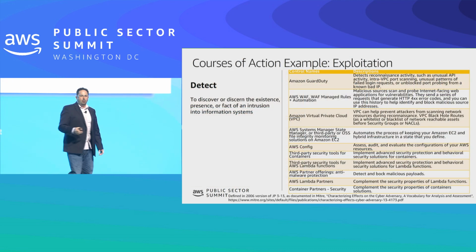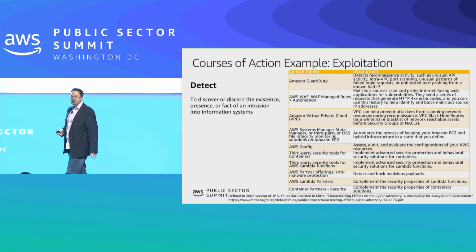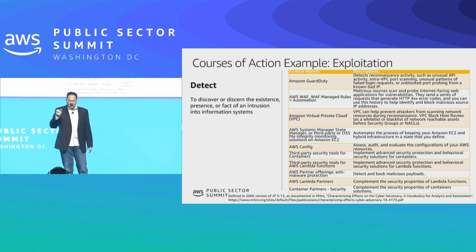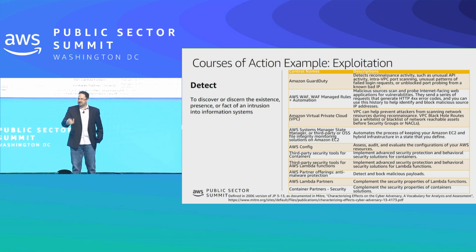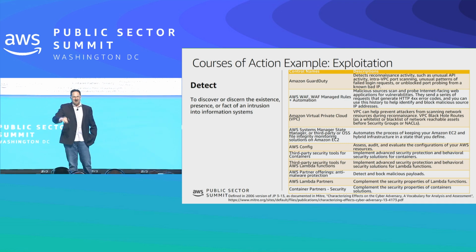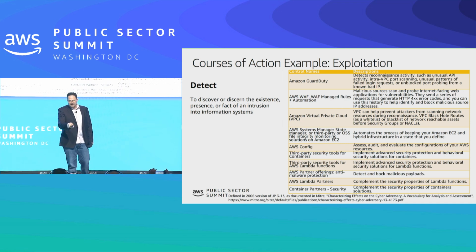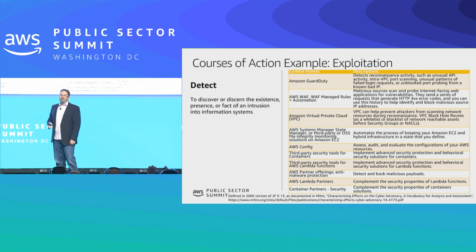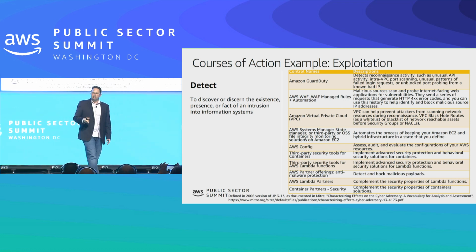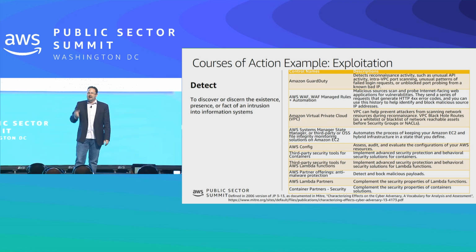So right now we're going to detect exploitation in that scenario. I'm not going to walk you through everything because we don't have 6 hours, but I will pick one example off each one of these slides. For instance, the top one, Amazon GuardDuty. This is a great detection tool, right? What Amazon GuardDuty is doing is using VPC flow logs, so all the network traffic going in and out of your VPCs.